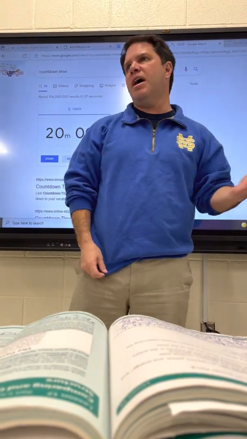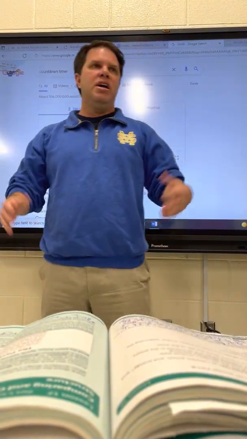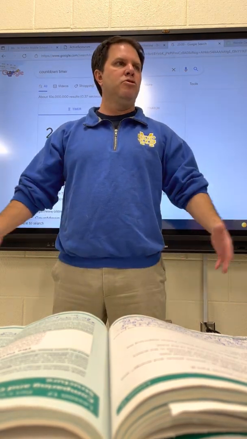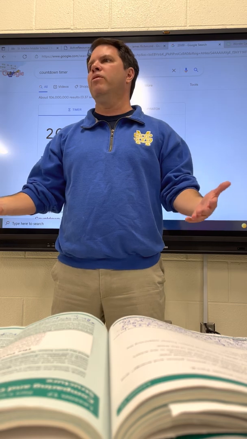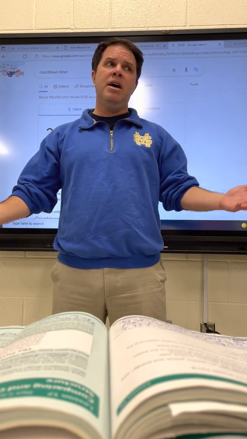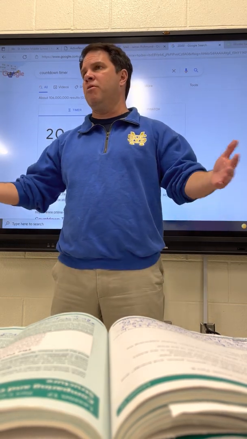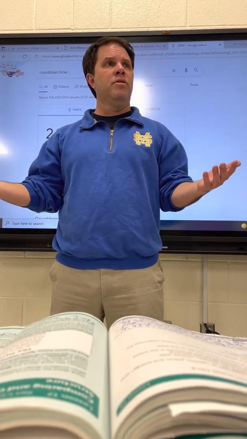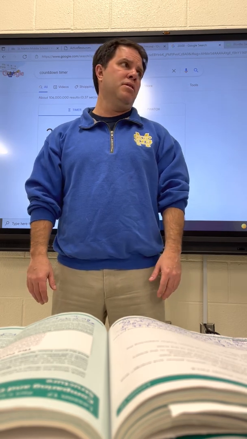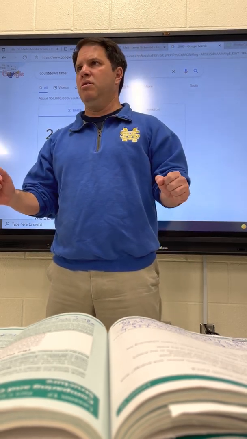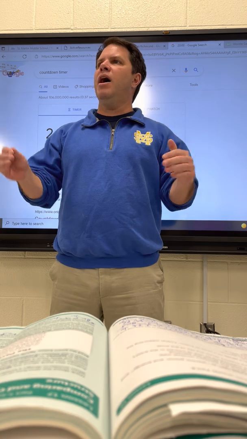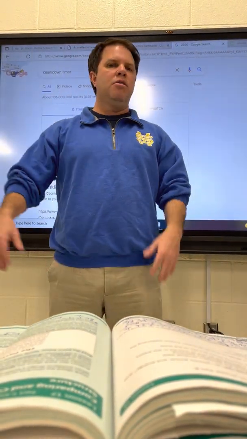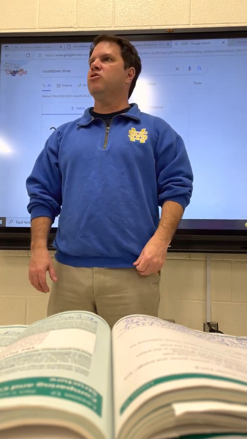Now, we have different types of houses, different sizes of houses. In general, houses are like this. 3 bedrooms, 2 bathrooms. That's the typical American house. And we can have houses that are bigger than that. We can have them 5 bedrooms, 5 baths, or whatever. If it's only 1 or 2, you might just need 2 bedrooms and 1 bath. But all of that is structure. You can walk into a house. You don't need a tape measure. You can just walk into the room and say, we've got a living room, we've got a small kitchen, we've got 2 bathrooms and 3 bedrooms. That's the structure of the house.